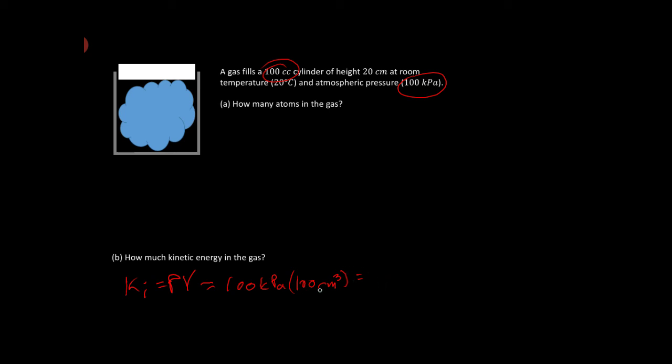So that's 100 times 100, but this is 100 times 10 to the fifth. And this is 100 times 10 to the minus 6. So that is 10 to the minus 1 joules. 10 to the minus 1 times 100 times,